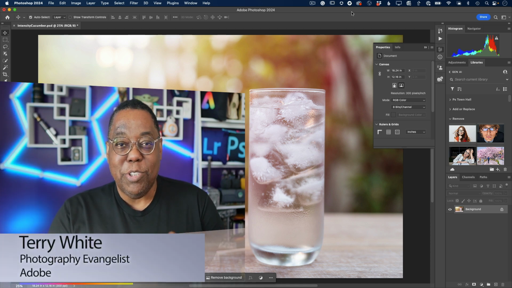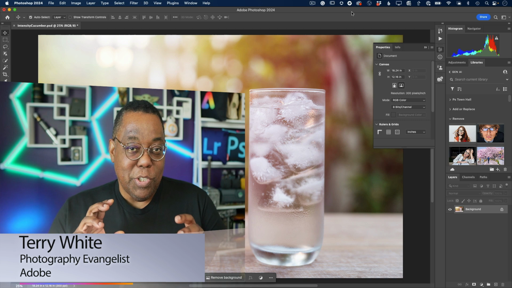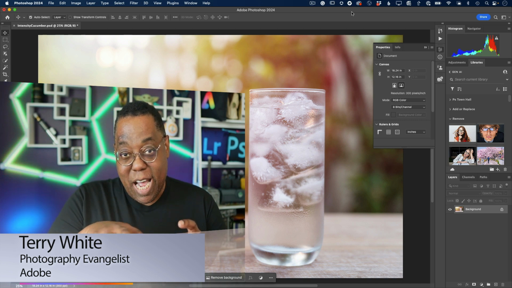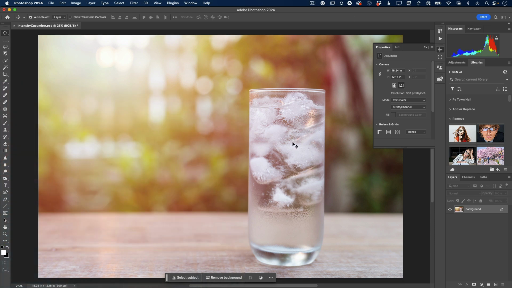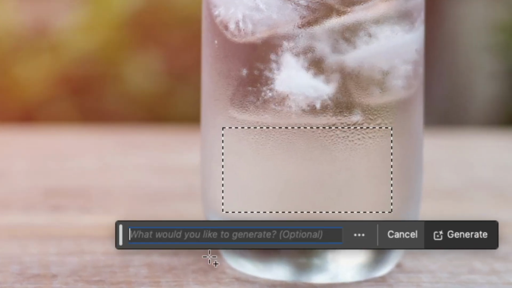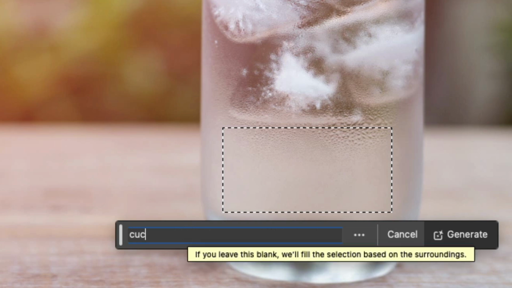Have you ever wanted to use generative fill in Photoshop to put your generative fill object inside of another object? Let's take a look. I've got a glass of ice water here, and what I'd love to do is just show you the difference. I'm going to grab my rectangular marquee the way I would normally do a generative fill. Just make a selection, generative fill, type in my prompt, and I'm just going to type in